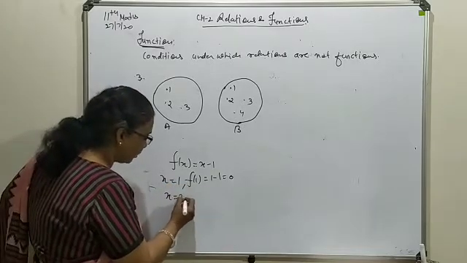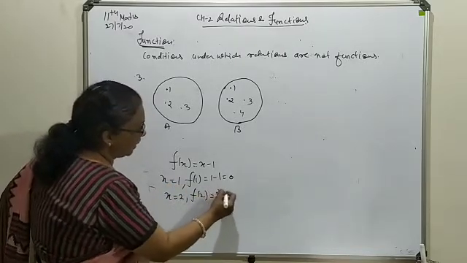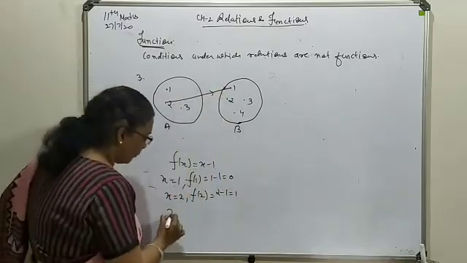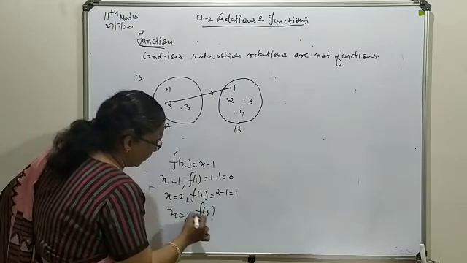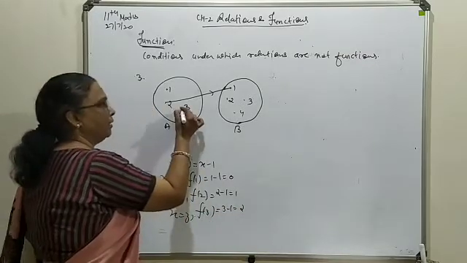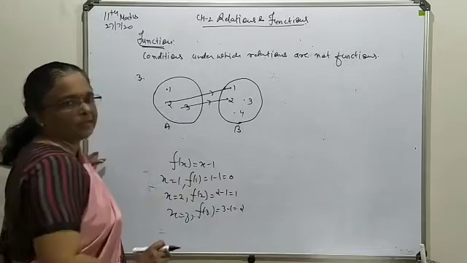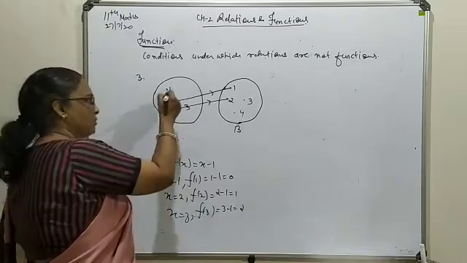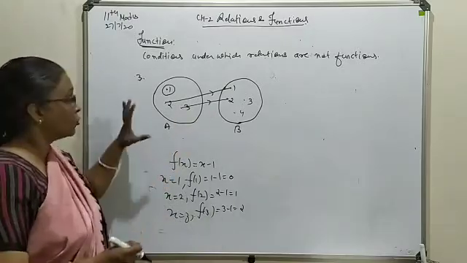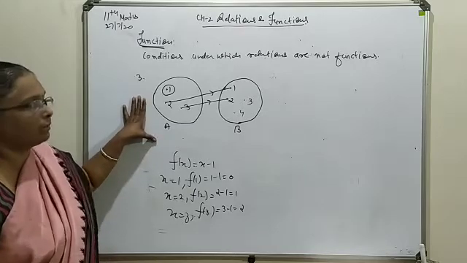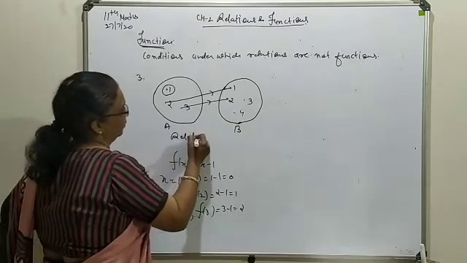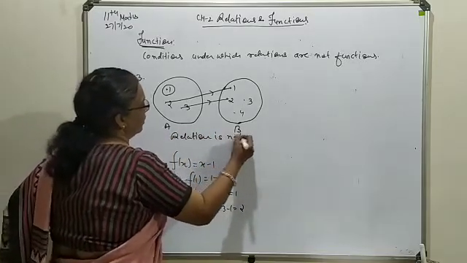If you write x is equal to 2, f(2) means 2 minus 1, 1 is present, so this 2 can be linked with this 1. Now if you go for 3, your f(3) will come out as 2. So regarding 3 also we have its image in set B, but here this 1 is going to remain as such, which is not going to take part in the formation of an image. So under this condition you can say that the relation is not a function.